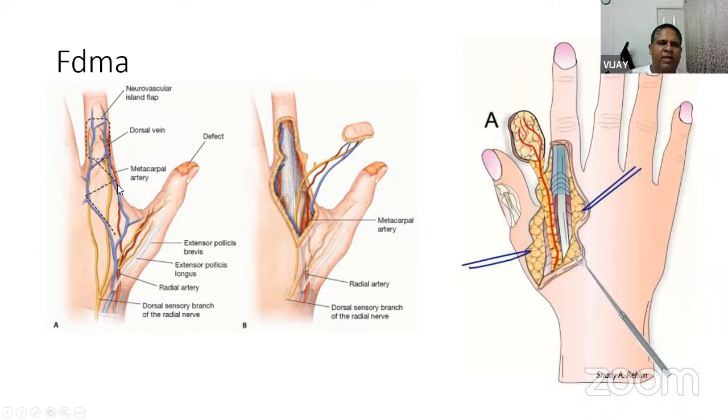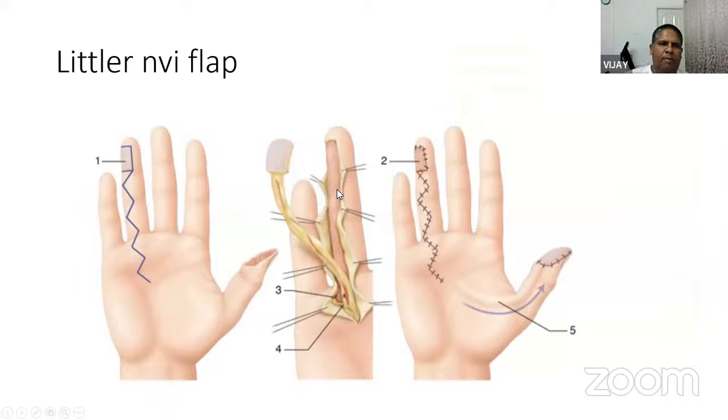axial pattern flap, is based on the first dorsal metacarpal artery vessel, its branch, and also the dorsal digital nerves from the radial artery. Islanded flap, and it can cover the volar aspect, dorsal aspect, etc. to cover the thumb. Neurovascular island flap of Littler. Here, since thumb is a very important organ and requires the sensation, you can primarily take a digital artery and pediculated flap. But if you take the ulnar part of the